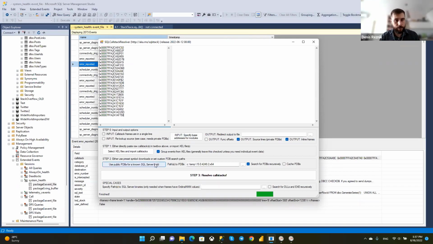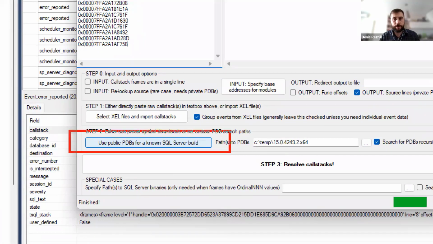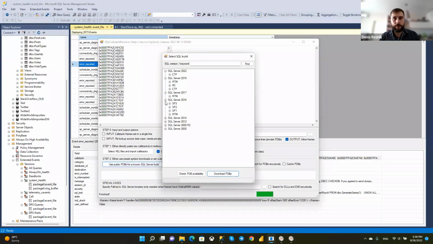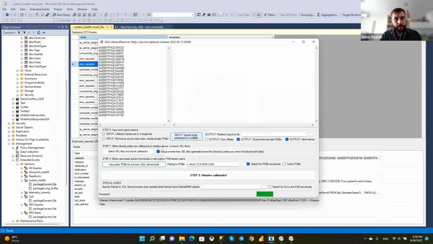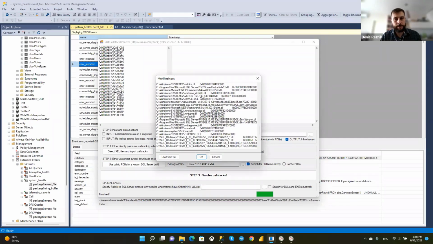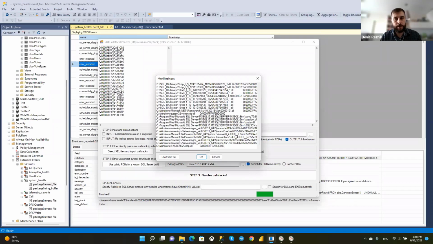First of all, you need to load public symbols for SQL Server. Right now, I loaded them into my folder, but you can check your SQL Server version and load them. It will take about 5-10 minutes. Second, based on your SQL Server version, you need to put information over here.